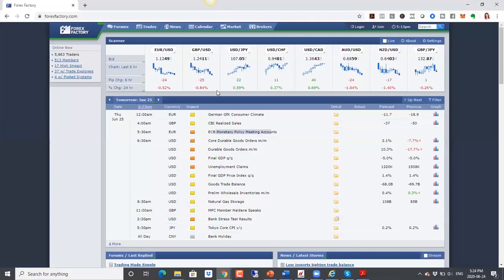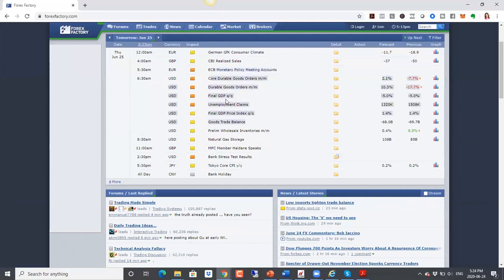And then coming up also tomorrow, we have final GDP numbers for the quarter. We are expecting a decline here. At this point, if the decline is even slightly worse, I would not expect much of a difference. Now, if the GDP numbers are better than expected, that could give stock markets a boost, so we may see stock markets go up as a result. So that's something to watch out for.